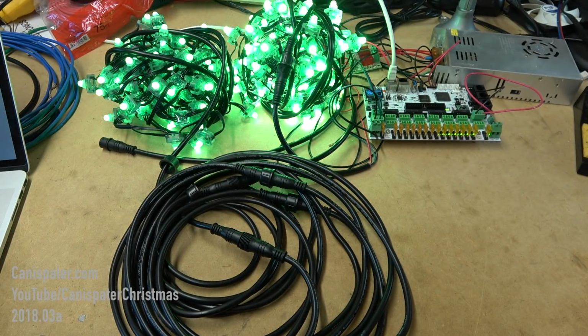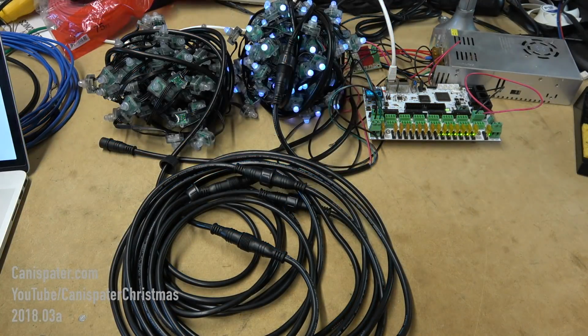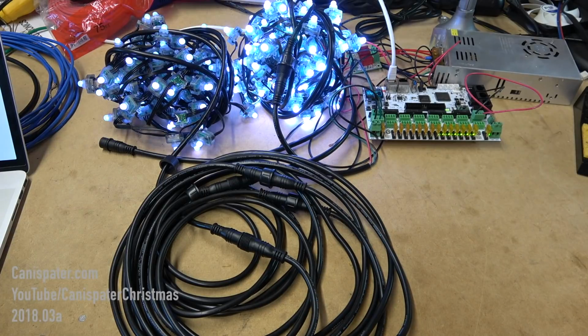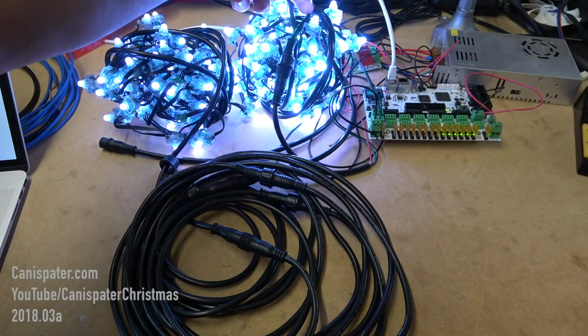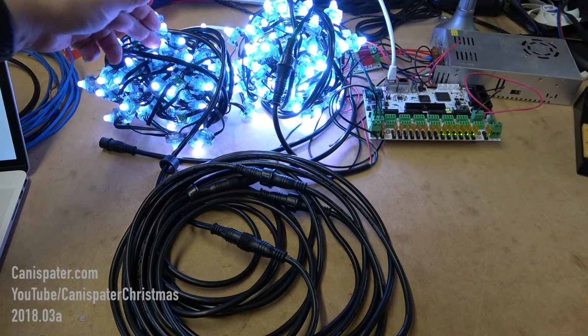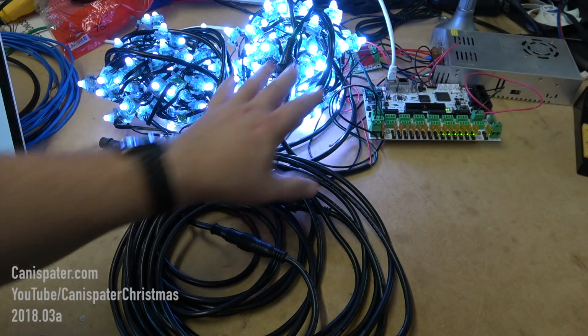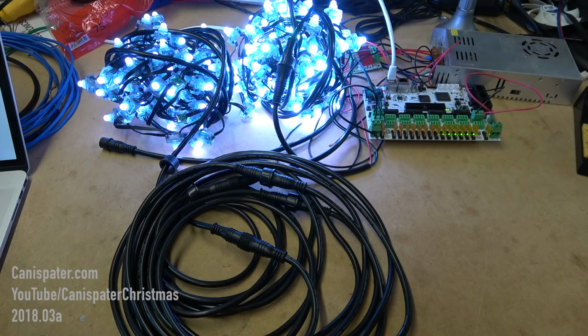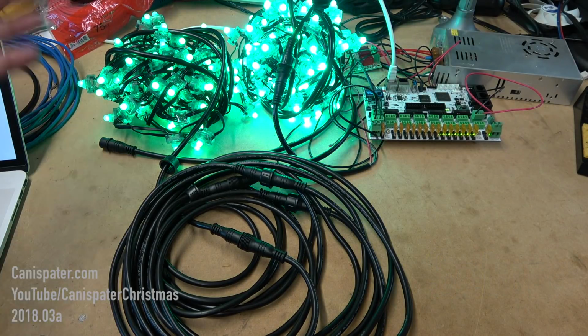Okay, so I have lowered the brightness to 30% on that string, and it looks like it fixed that problem. Now, you can tell that there's a difference in brightness between these two. This is still at 100%, this is at 30%. If the rest of your display is at 30%, then it really doesn't matter. I will tell you that 100% on pixels is way too bright for most residential sections. Now, if you live out in the country or something, it may be a little different, but anyway,